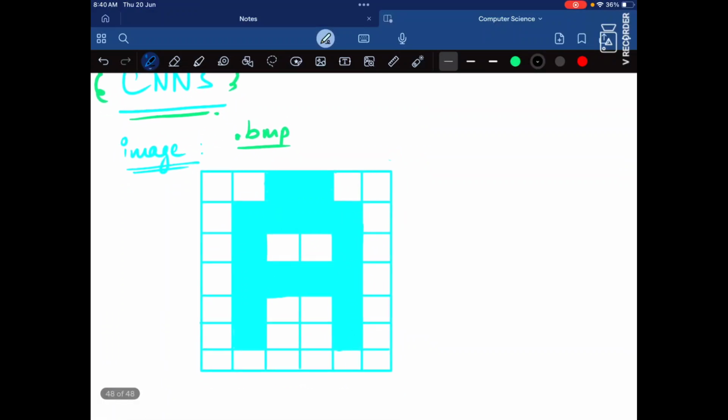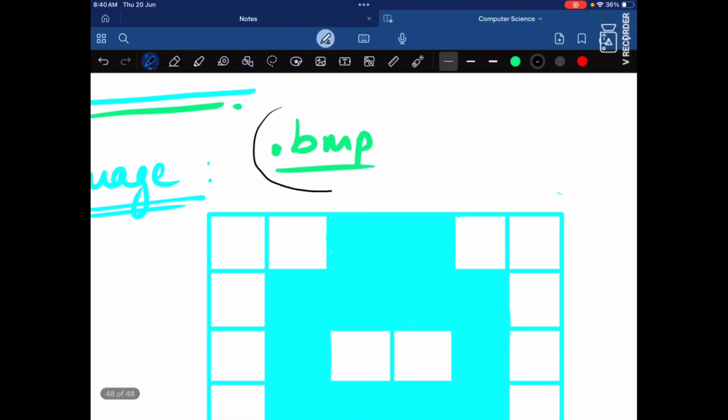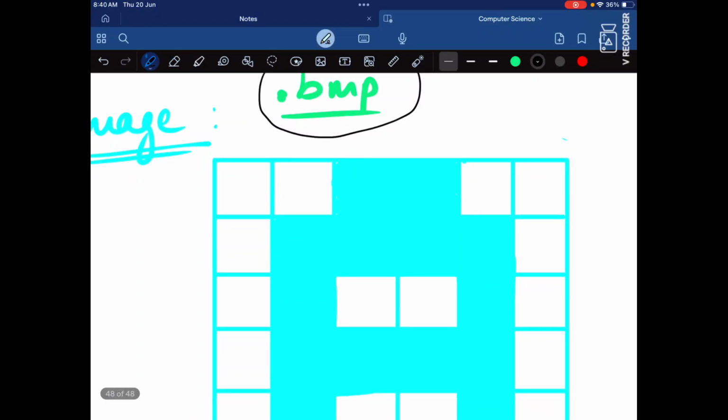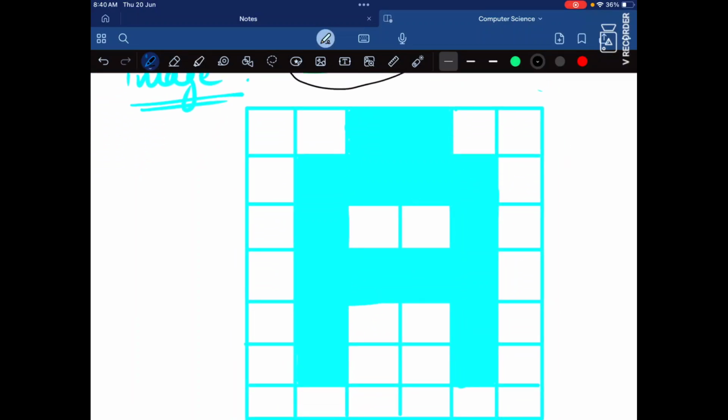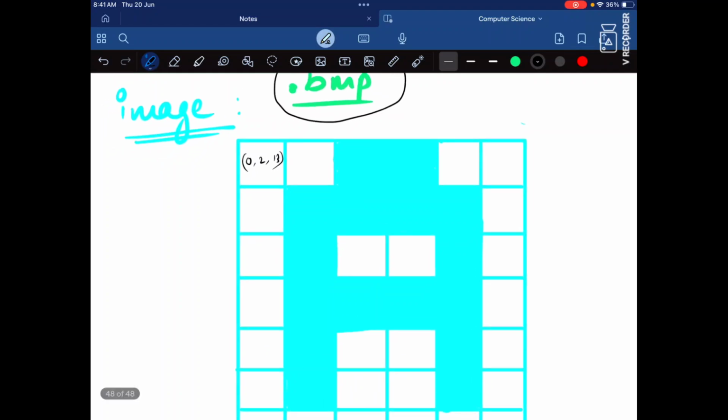So coming to what is an image, many of us know what an image is, but the structure of an image, typically a BMP, also called a bitmap image. In this type of image it is an array of RGB values. So each pixel you see has some RGB value ranging from 0 to 255. They make up a pixel, and that pixel's color is displayed on the image.